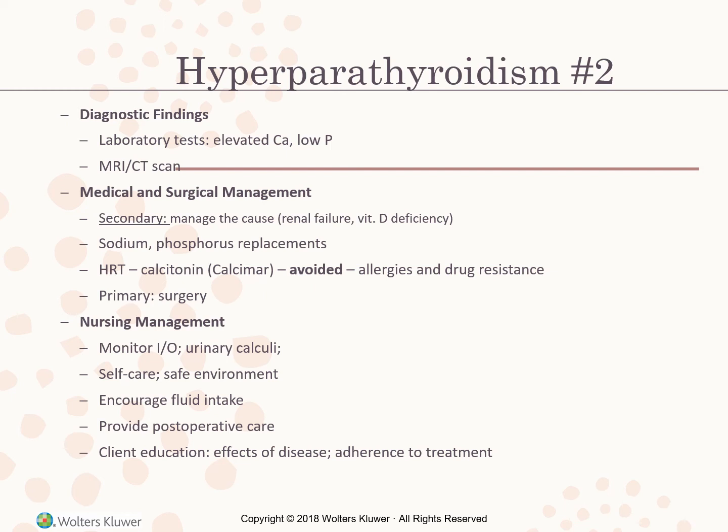So the diagnosis is based on elevated serum calcium and decreased serum phosphorus levels, when other causes of hypercalcemia are excluded. The results of a 24-hour urine test will show increased urine calcium levels. Skeletal radiographs can also show calcium loss from the bones, and an MRI or CT scan can identify a parathyroid adenoma if it is present. As noted earlier, parathormone levels are elevated in hyperparathyroidism.